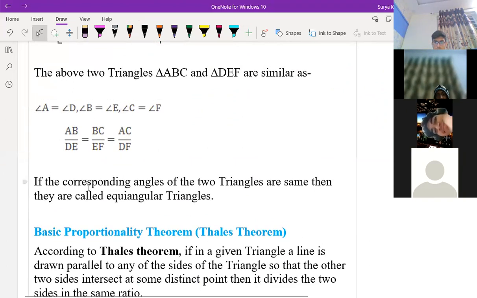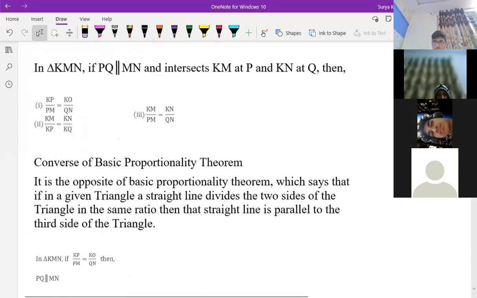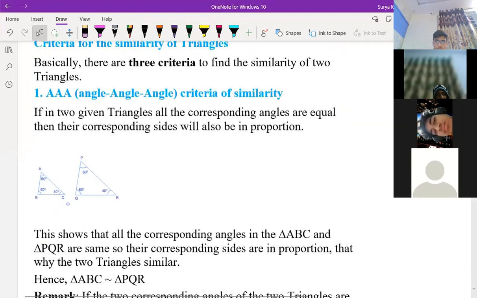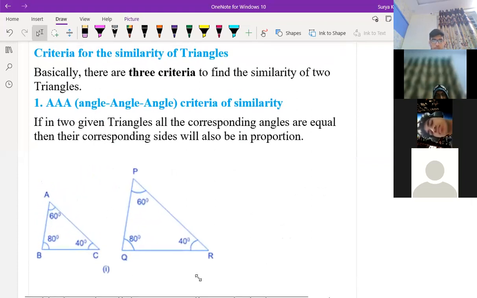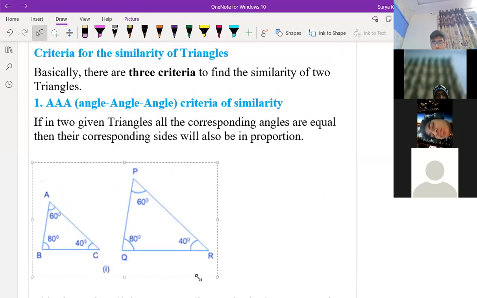Okay. Next here is the basic proportionality theorem. That is your Thales theorem. We'll come back to this theorem right now. Wait for a minute. Now, here are some criteria, children. See, all the time we will not find that all sides are equal and all angles are equal, or all sides are proportional. We are not going to find these things. Few criteria are there. By that much only we can understand that these two triangles are similar.